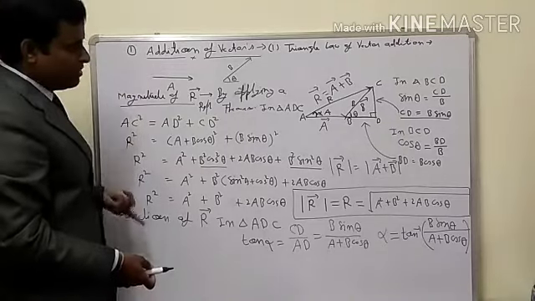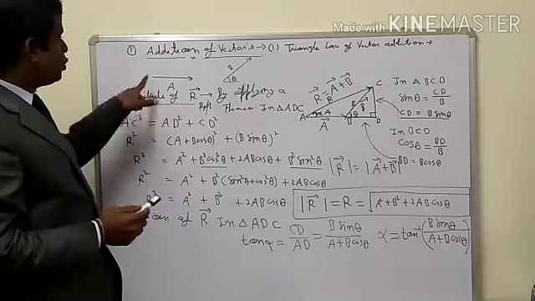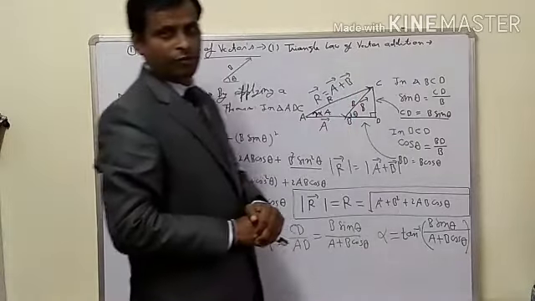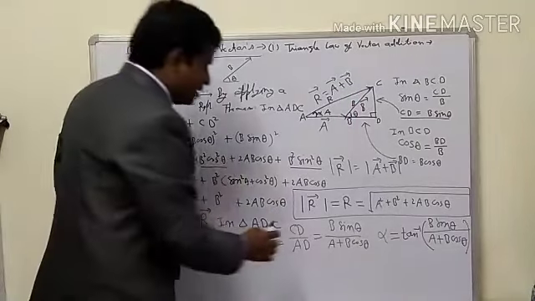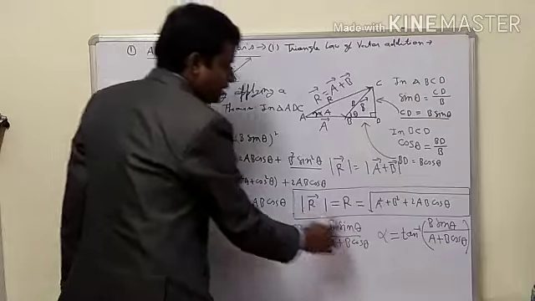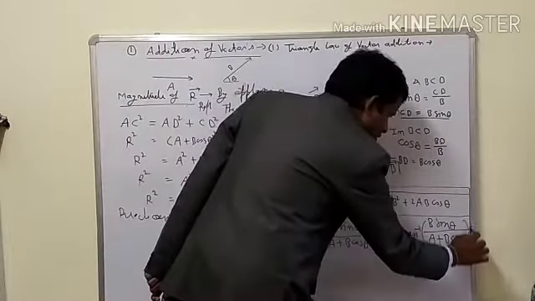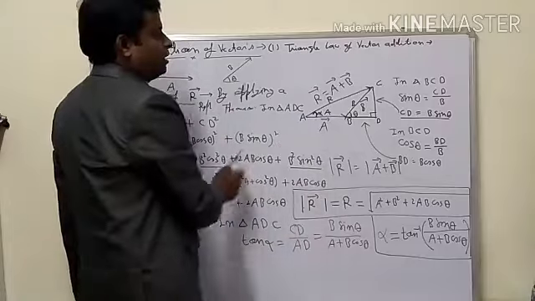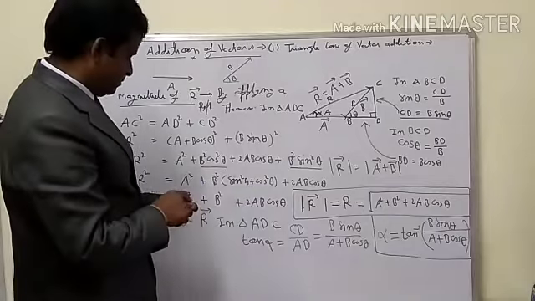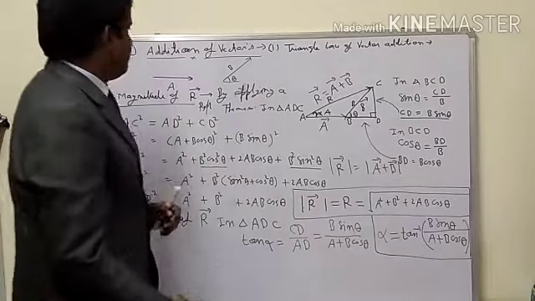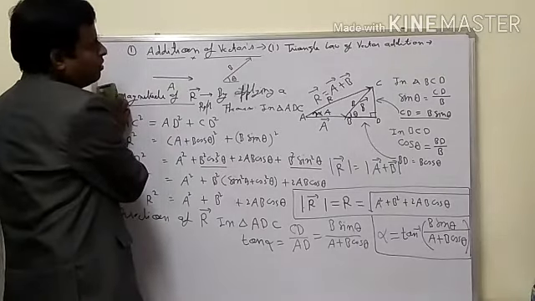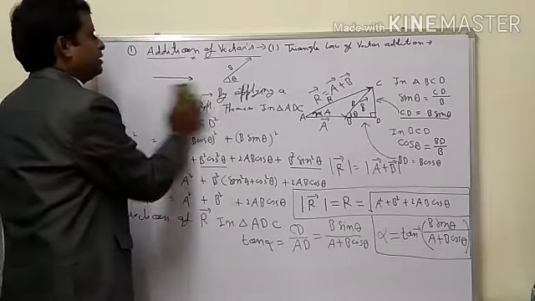In this way you may understand how we add two vectors, given two vectors, with the help of the triangle law of vector addition. In this, the magnitude of the resultant of two vectors is given by this relation, and the direction of the resultant of the addition of two vectors is given by this relation. These are the important formulas. Now we will go ahead to learn another way of addition of two vectors.